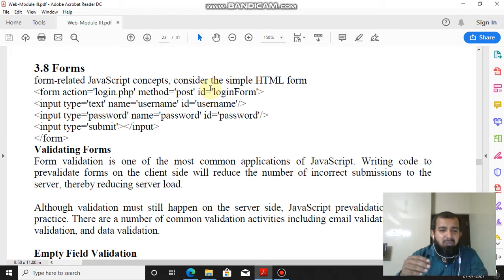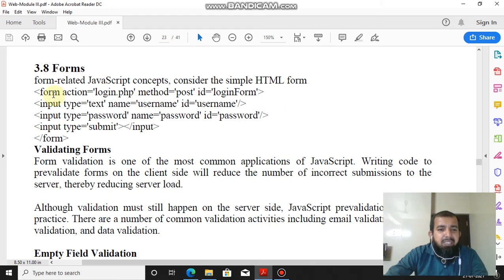To check those fields, whatever the user entered, whether it is correct or not, whether the password is correct, whether the username is correct, whether in the mobile number field you entered a number or text, you have to check all those things. By using JavaScript you can check all of them. In HTML we can only design, but you can't check the conditions and you can't submit it.